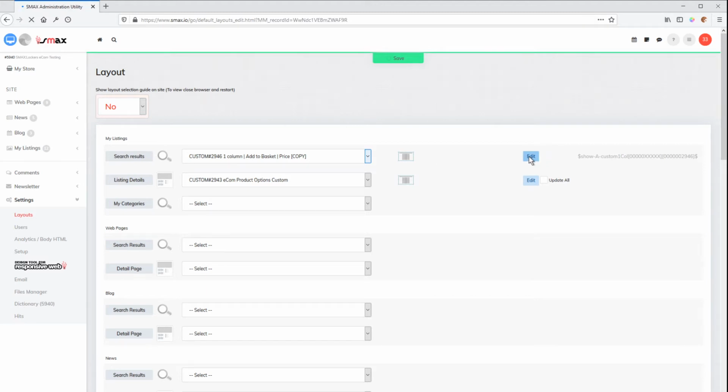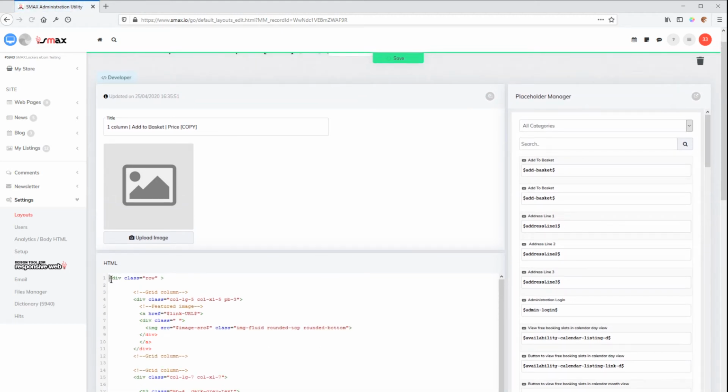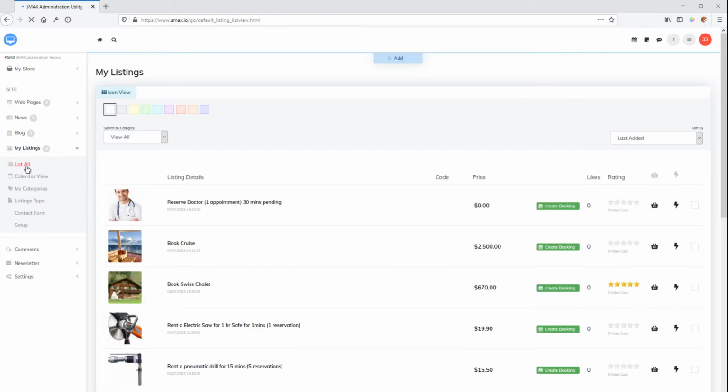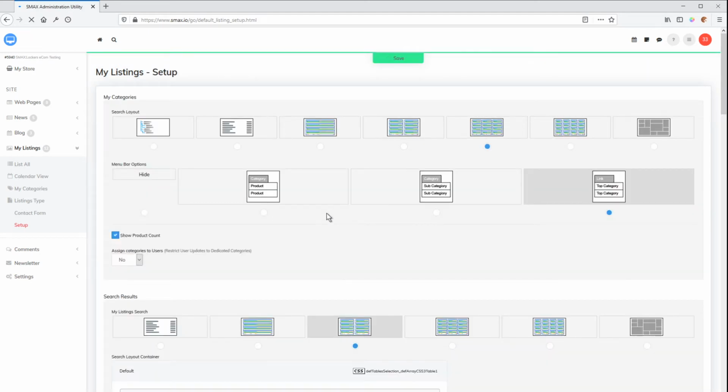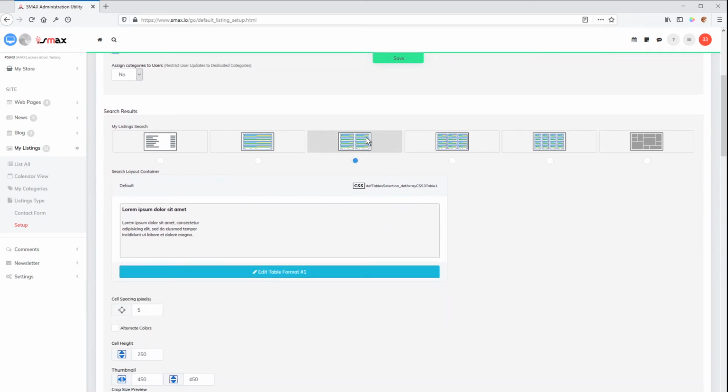edit that. You could apply the formatting in here as well if you wish, but we've also got a nice system here because it allows you to quickly format the container. So let's have a look at that. So we've got our search results, we've got 2 columns, we've chosen the layout that we'd like to use to display the data of our products, but now we'd like to modify the container